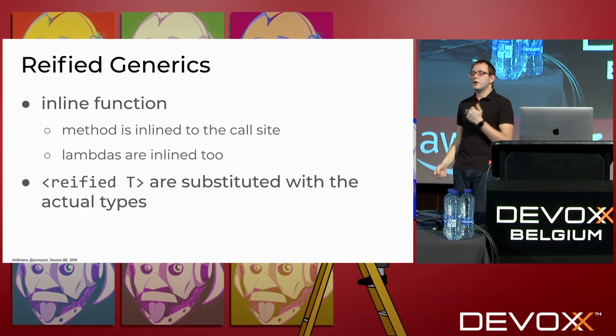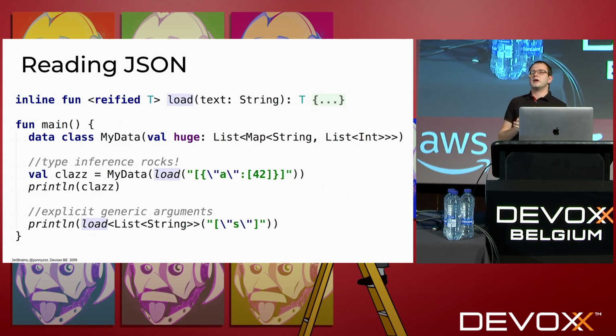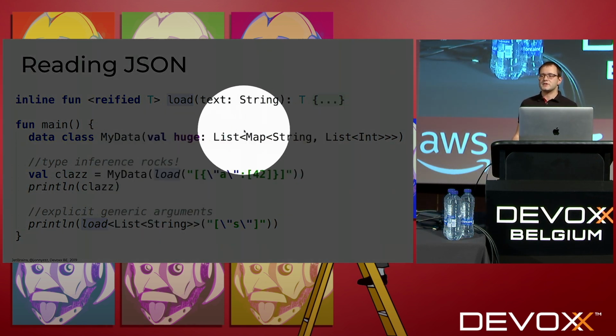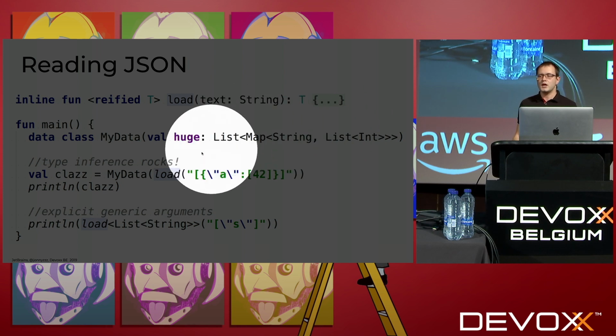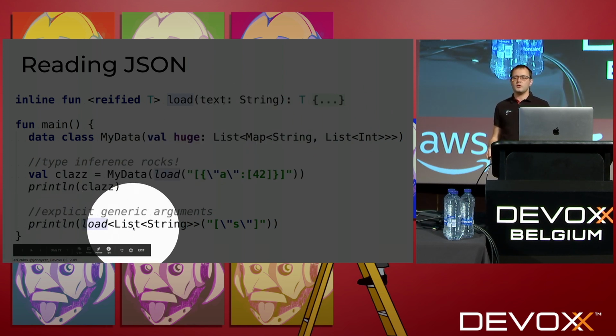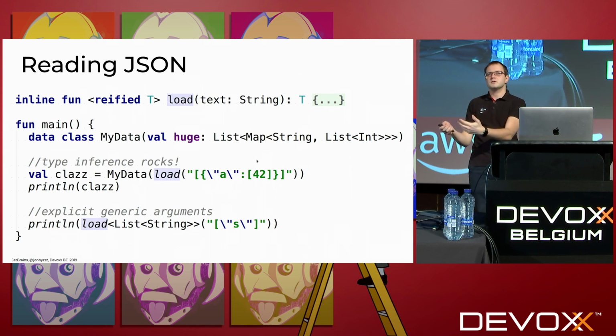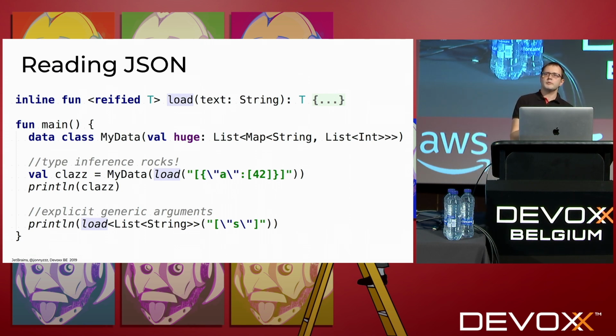Well, a refined type helps as well. So for example, here you may create a deserialization library, which behaves this way. I create a function load, and I have an anonymous class inside this inline function. So it would be generated for every type parameter, every call site. And then I can say, okay, load, and here I would expect it to have this type list from map from blah, blah, blah. And here I say, okay, I would like to load the list from strings. And it is possible with refined generics, and it is really harder to implement without it.